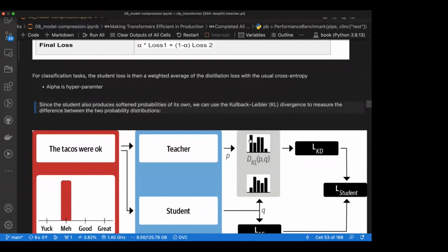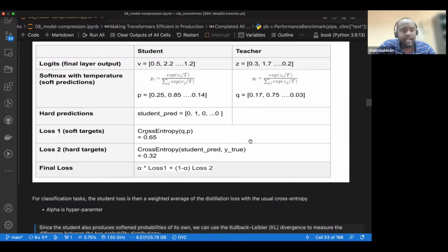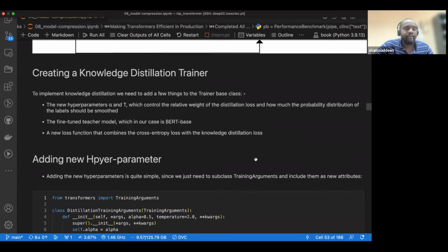So we want to match at any given temperature. Maybe in the book. Right, okay. So now we have seen the basis of